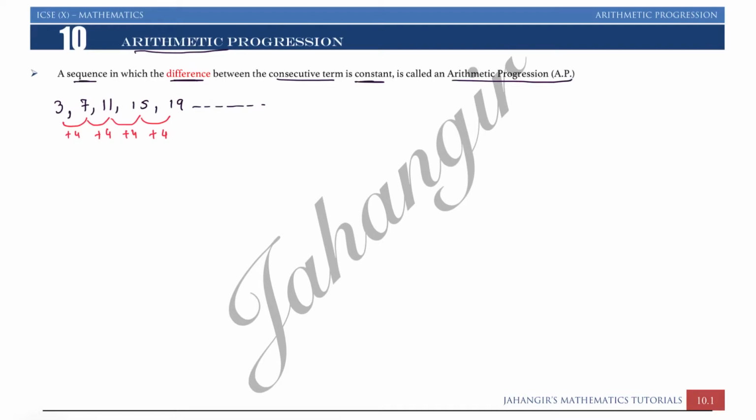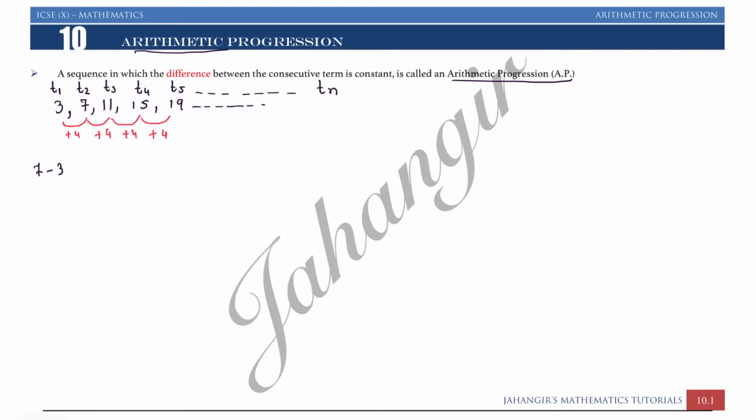Arithmetic sequence has a difference between terms, just like 7 minus 3, that is, second term minus first term. I will just write the terms also. In AP, this is my first term. We can say T1, T2 is the second term, T3 is the third term, T4 is the fourth term, and T5 is the fifth term, and we can go up to the nth term. We don't know what the nth term is.